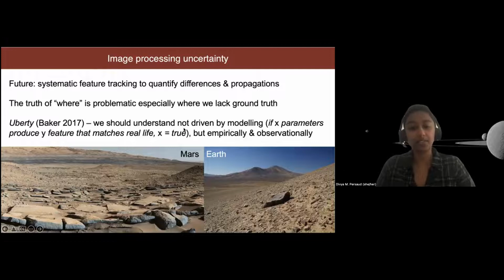So something that I looked to in thinking about these issues was a paper from a planetary geomorphologist, Victor Baker, who does this philosophical work around the concept of uberty. Uberty is just a word that means serendipitous discovery. And he argues that in fluvial geomorphology, so when we're looking at ancient river systems on Mars, a lot of